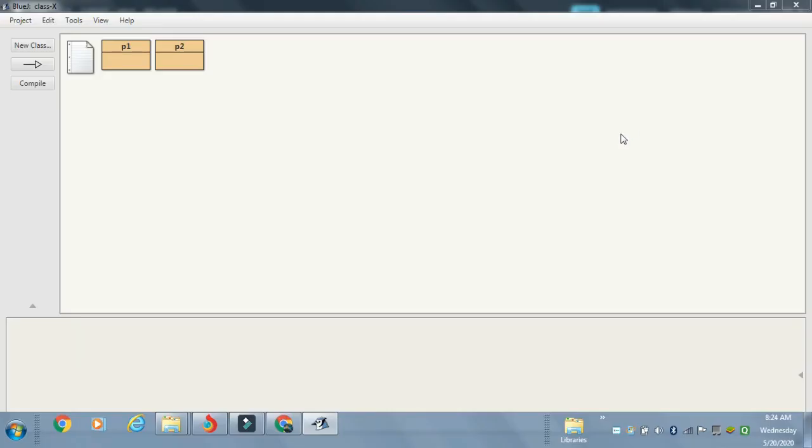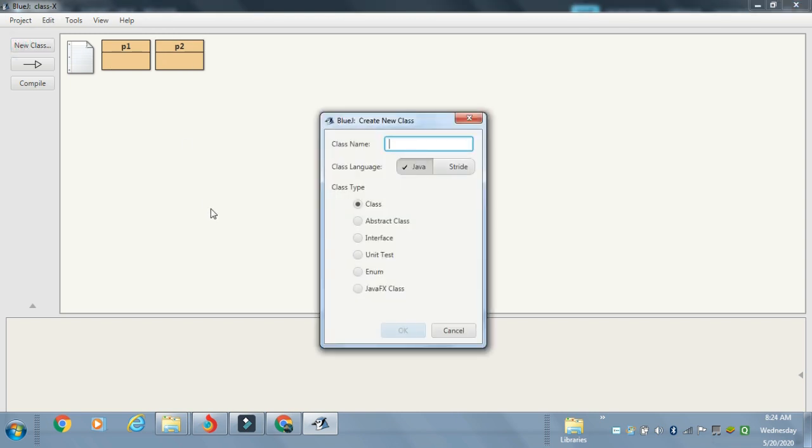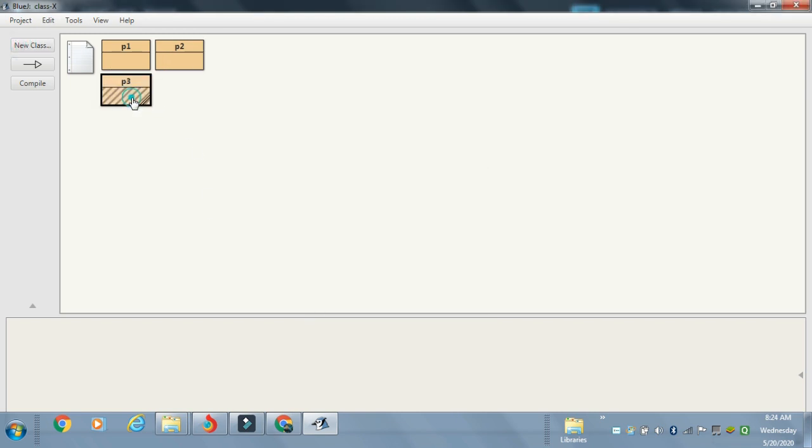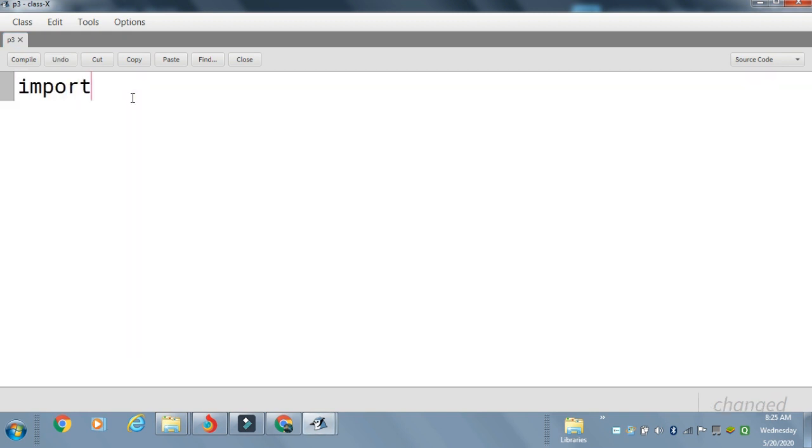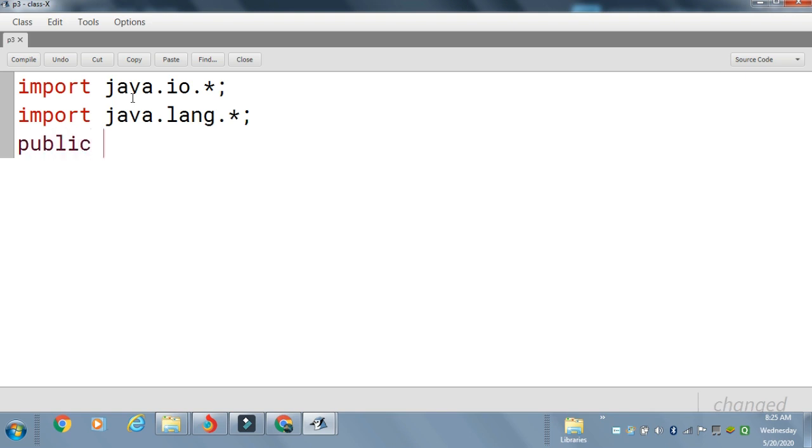So children, now for do while, we'll do the same question which we did in while. That means sum of digit of a number, but now using do while loop. So what changes we have to do? So see here, I'm just taking it as P3. Logic part will remain same, only the writing way is a little bit different. So import java.io.asterisk, then import java.lang.asterisk, then public static void